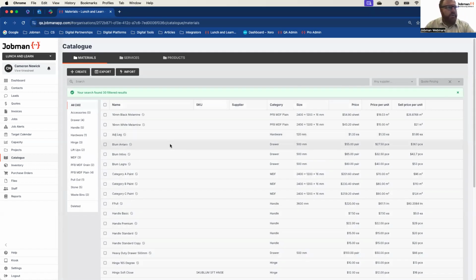And the reason we have quote pricing is because when quoting, typically most manufacturers are not interested in the exact SKU of the material. For example, metal prices go up and down every day based on London Exchange. Boards, there's 13,500 board options from just one supplier in Australia, and there's 3 or 4 main suppliers. Handles, I think there's somewhere in the vicinity of about 22 million options for handles.